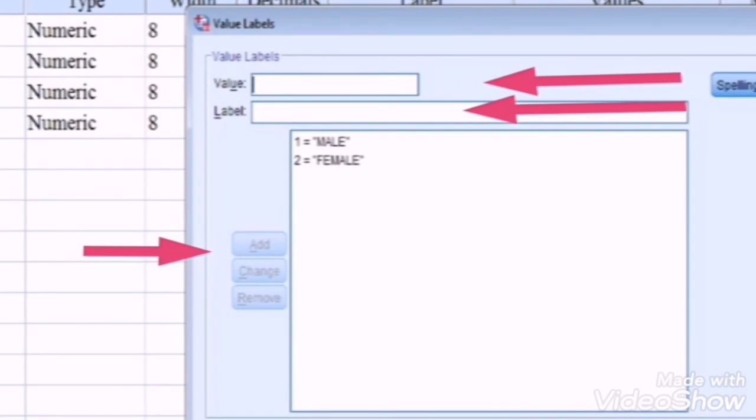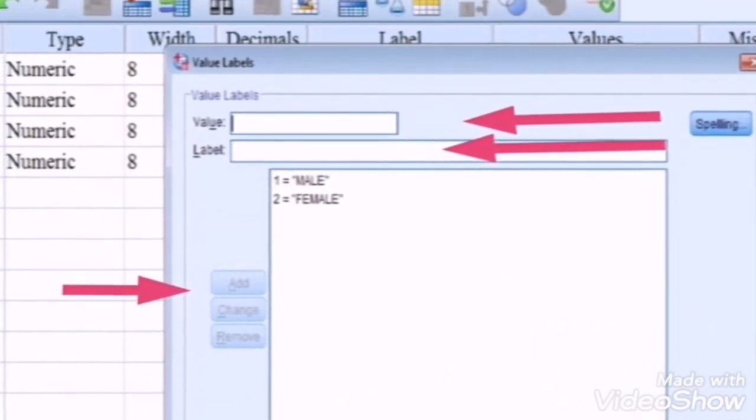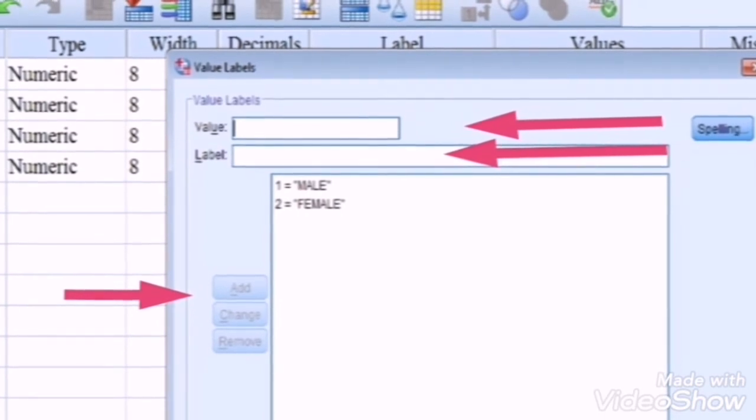Then after typing it out, we have to click on the add button, and then again come to value, type 2, and in the label type female, and click on the add button.